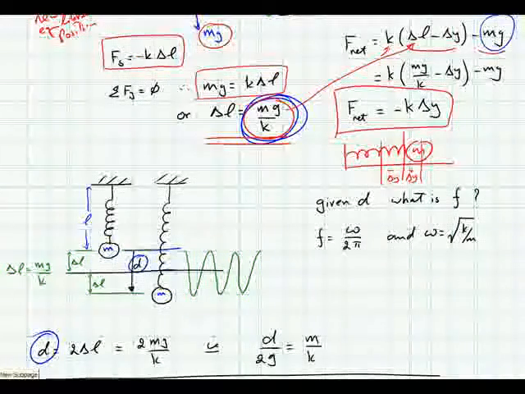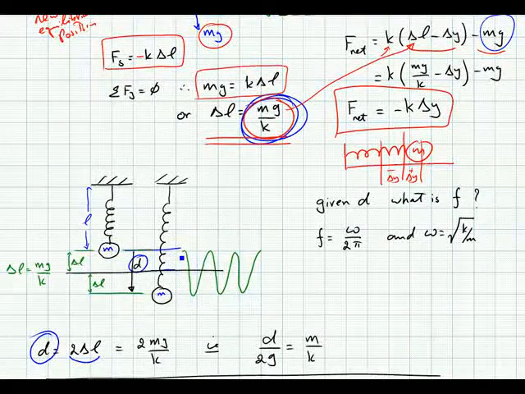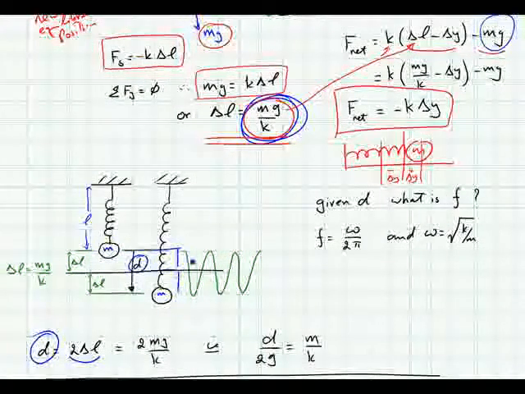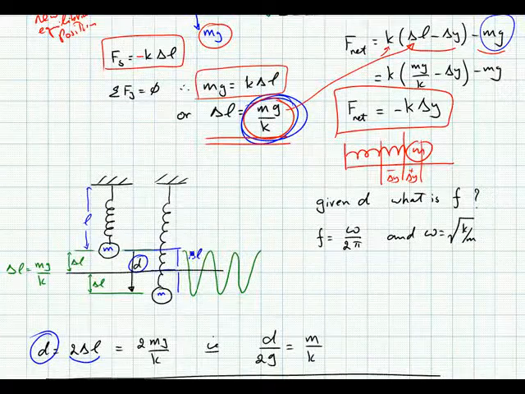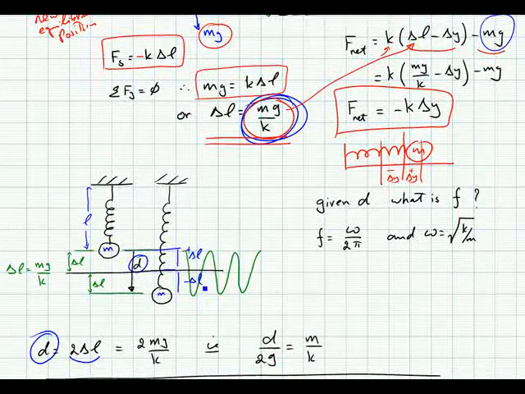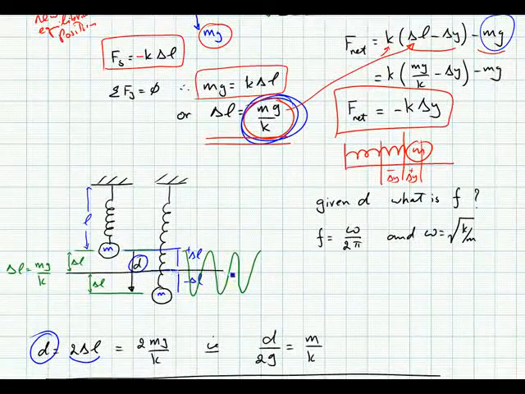The amount that it drops is equal to twice delta L, where delta L is the amplitude of oscillation. So this is delta L plus delta L. So delta L is the amplitude of oscillation of the bob after we release it, and it oscillates about this